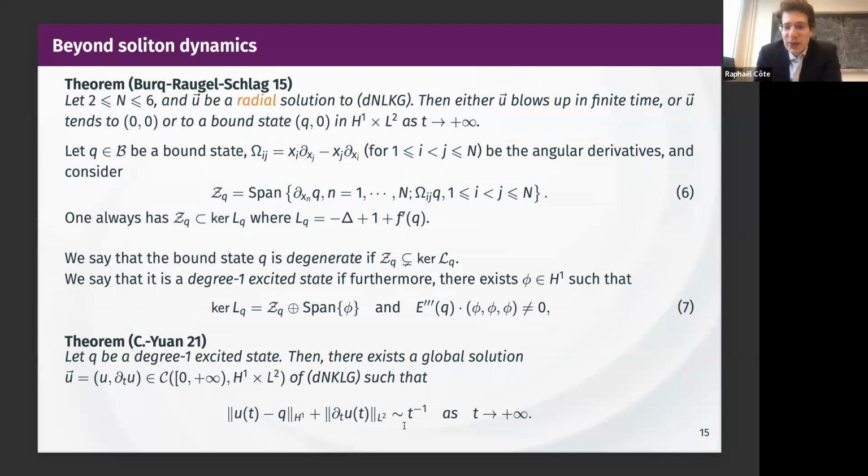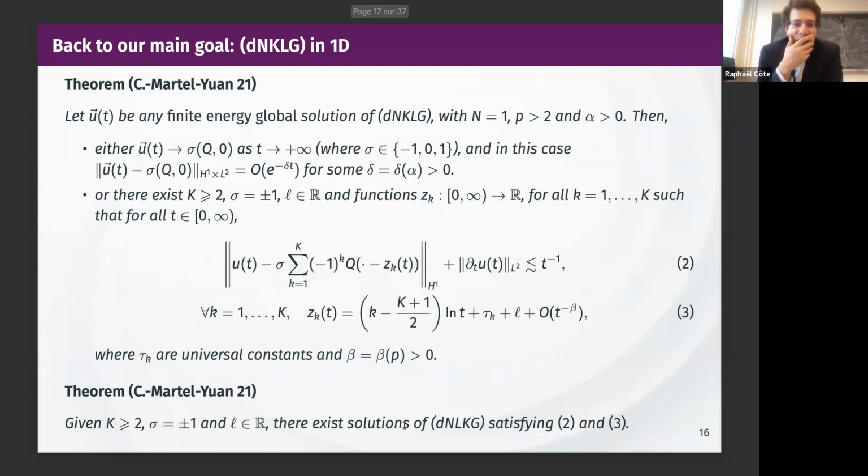Oh, okay, so I spent a lot of time on the results. I wanted to say a few words, but it will be very short, unfortunately, on the main ideas, and explain to you a bit how it works. So yeah, the idea is how you prove this kind of convergence. So maybe not the convergence of the ZK, but maybe the fact that you have alternating signs, and the t^-1 convergence. Okay, so I put the theorem, and I started with a finite energy global solution,